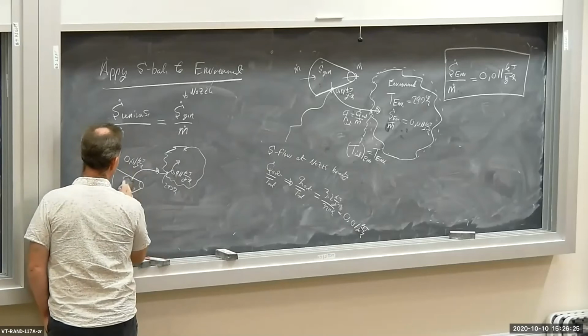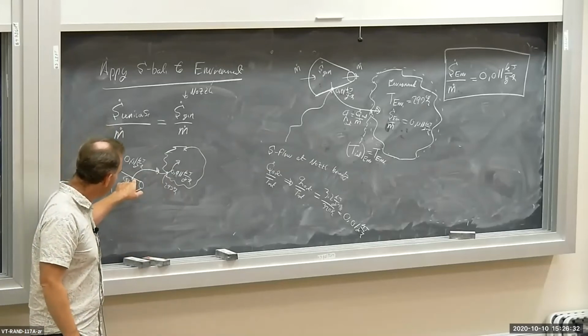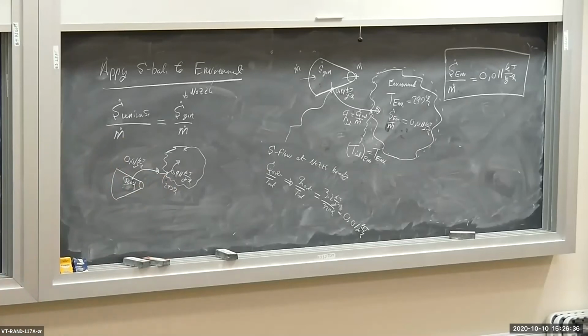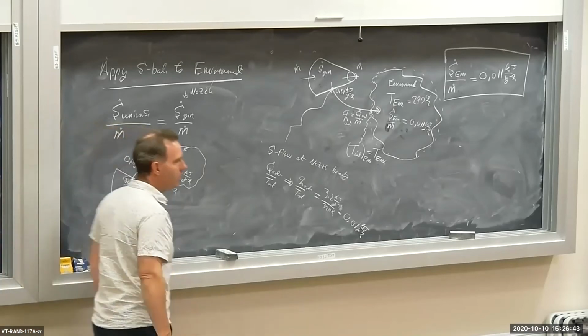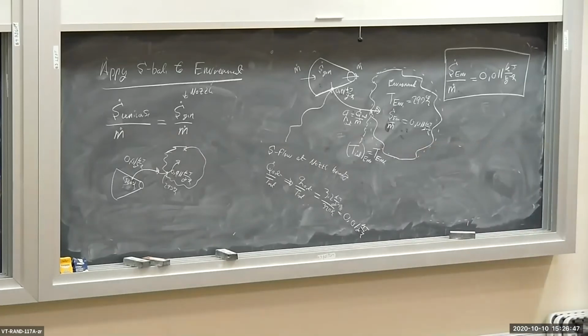So 320 and 293. Heat is flowing from hot to cold. 320 to 293. Heat's flowing from the hot nozzle exterior to the relatively cool environmental boundary and then into the environment. Is that a reversible or an irreversible process? It is irreversible. We have heat transfer, Q dot out,